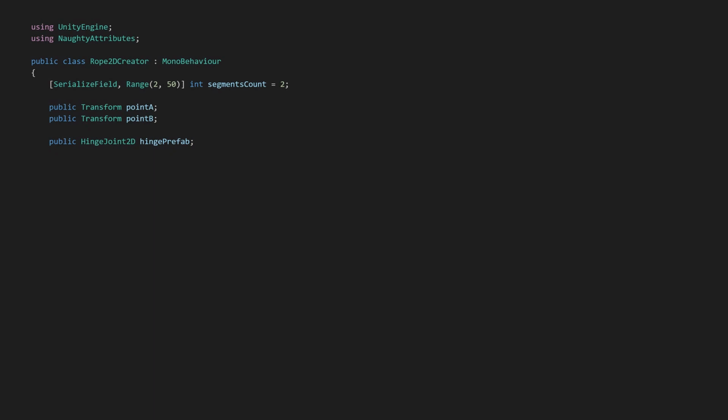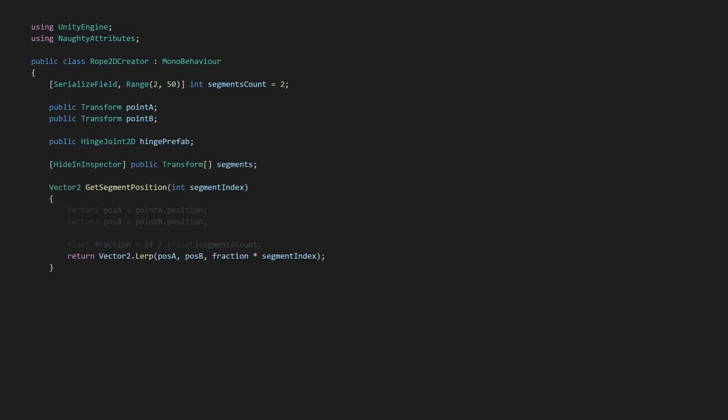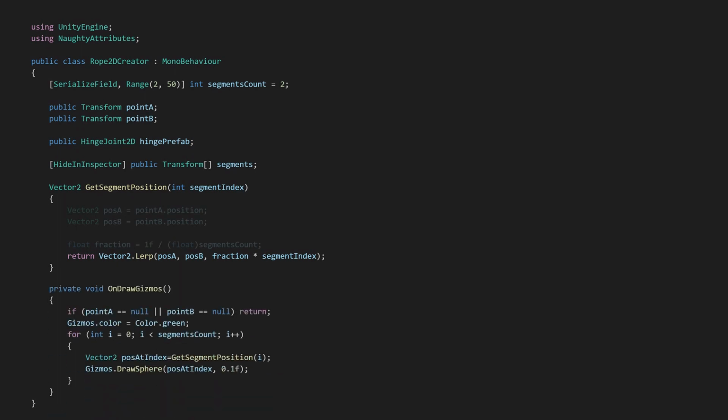To get points between points A and B based on segment count, I created a method and used a basic lerp function to find the positions between them. I added some code to the OnDrawGizmos method so that I could see gizmos in the editor. To do this, I just made a loop where I took the position at each index and drew a sphere